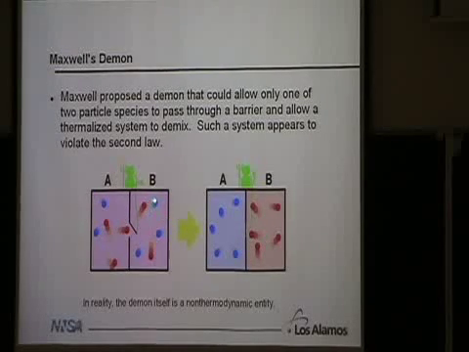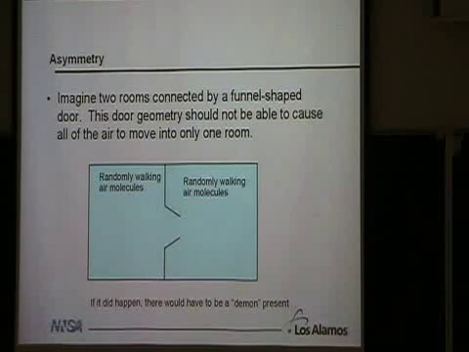And so over time, you can wind up with a system that was mixed and winds up being separate, which is, of course, a lower entropy state. You would expect the normal progression to be from here to there. So it seems like, oh, the second law of thermodynamics was violated. Of course, the issue here is that this is not a thermodynamic object. The demon is non-thermodynamic. And so, yes, you can violate the second law if you're not in thermodynamic equilibrium, so no problem.